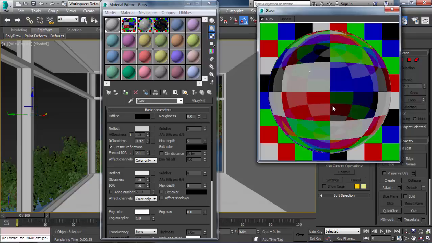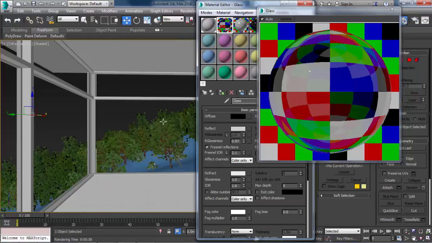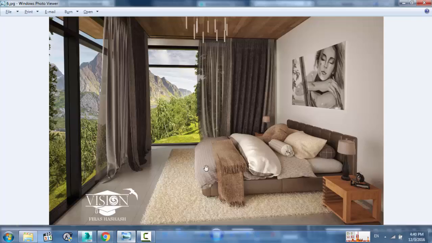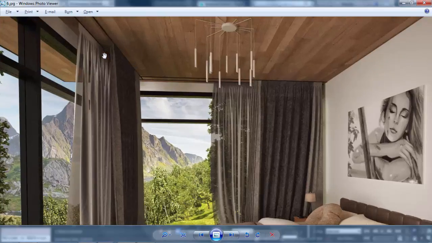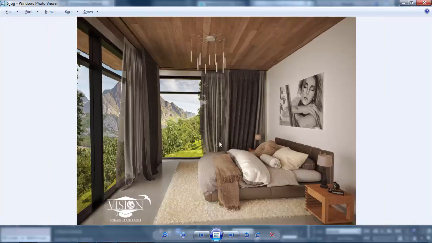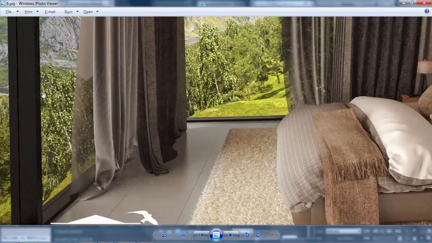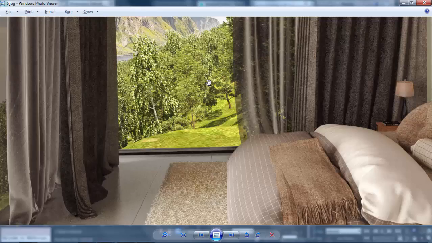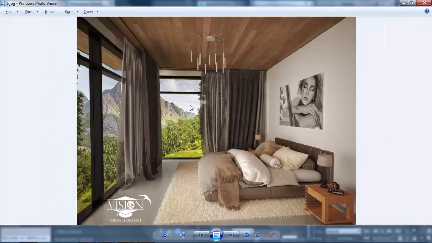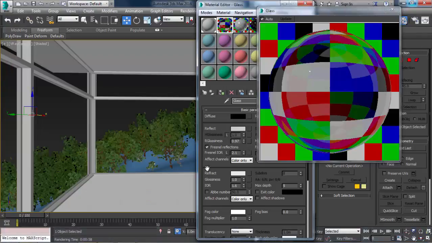We will change it later if we see that it's not good. I wanted to have some reflectivity. I wanted to reflect the bed that we have here. In the scene that I have created, I noticed that I did not increase the reflectivity. So as you can see here, we could have had better results if I had increased the reflectivity of the glass.